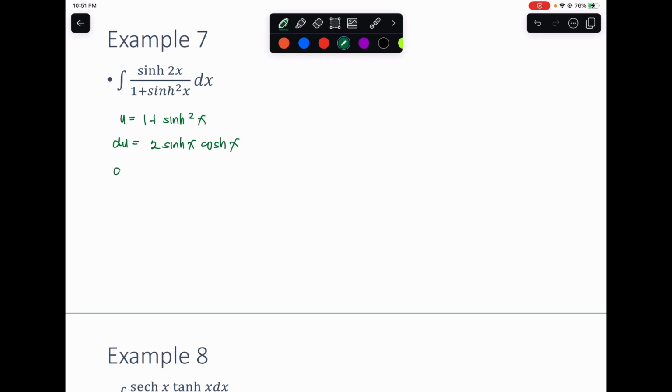So du is equivalent to hyperbolic sine of 2x dx, that's a double angle formula, so that would become simply du over u,